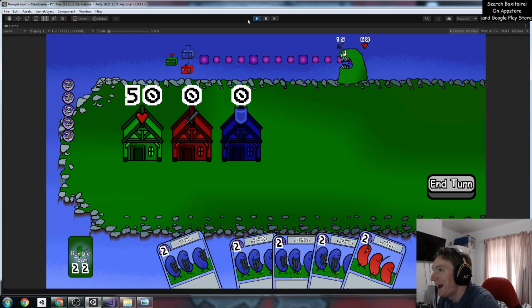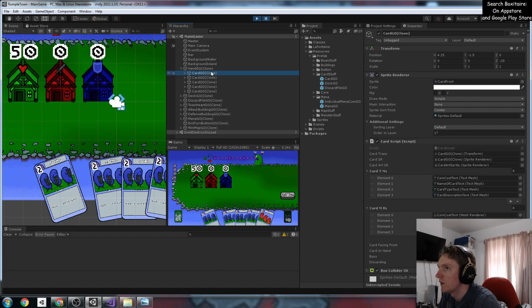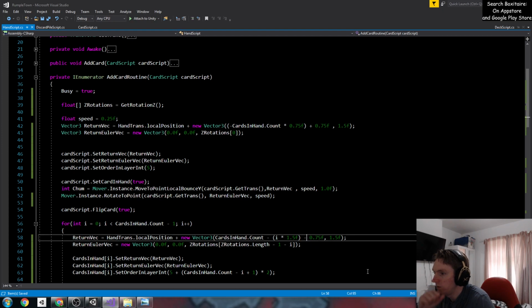We're running into a similar problem. Let's have a look. So they're all 1.5 apart, but this one is more. And I actually think the problem is that the one on the far left is exactly where it should be, but these ones here need to move further left. And I think it might be, try this. Yeah, so it's